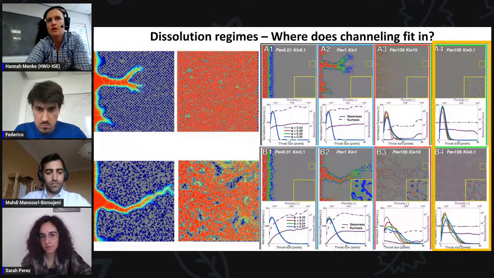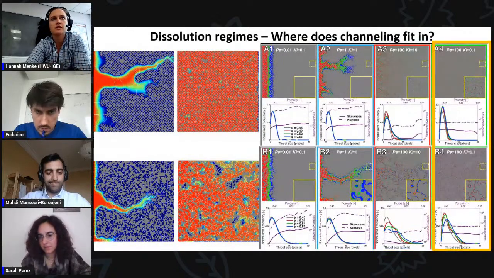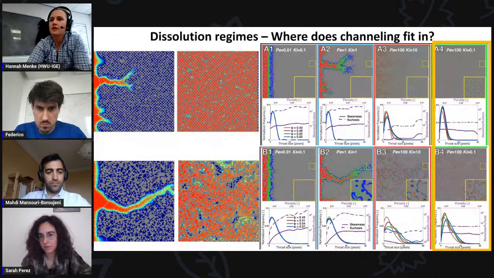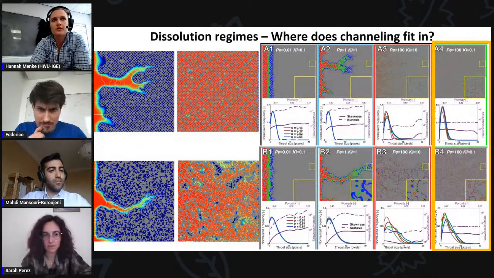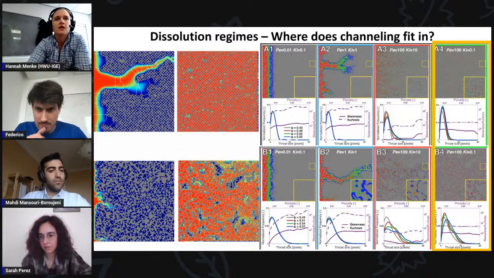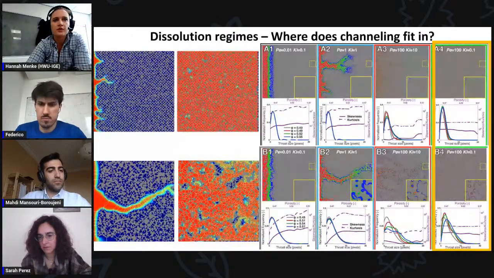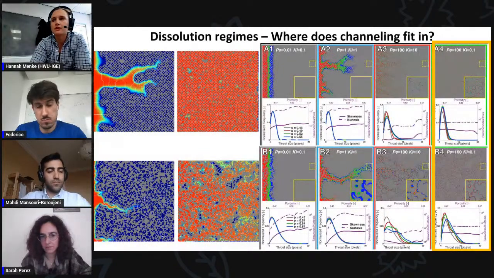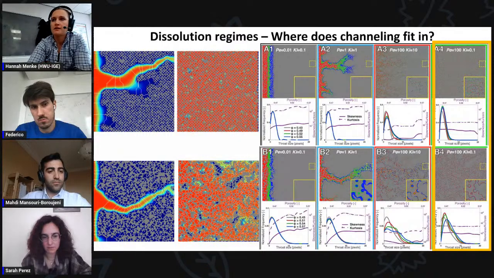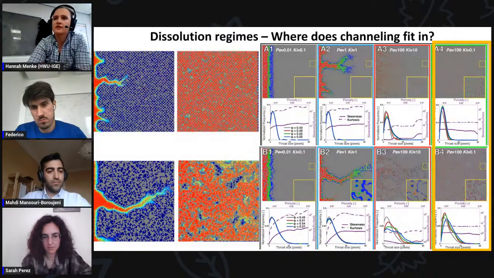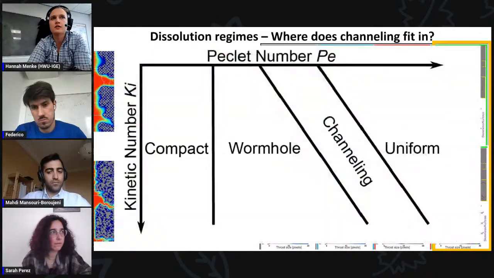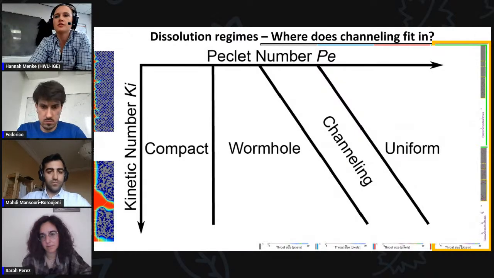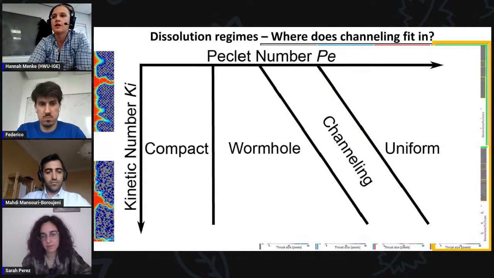And then in this last case, this is in the uniform regime, and we can see that the model is dissolved everywhere at once, except in Model B, there are some areas which have very, very low dissolution rates, where there's very low flow rates initially. And we think this is because the transverse dispersion is not high enough to transport reactive fluid throughout the whole rock.